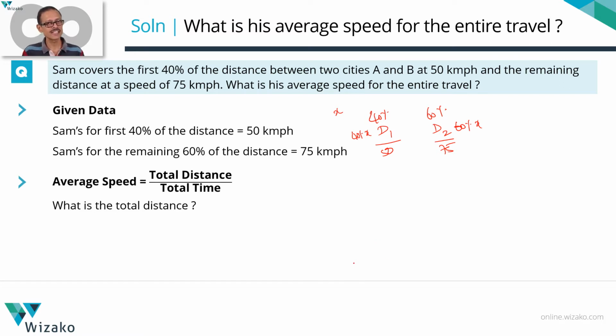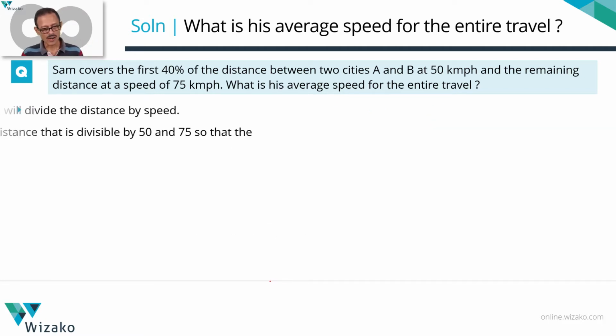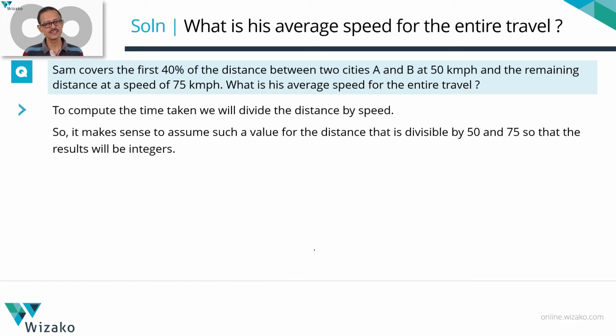I'm going to take it in a slightly different way, and I'll recommend that you go about it that way. We're going to assume values for d1 and d2. Pick some numbers for the distance traveled in the first part and the second part. What kind of number will make sense? d1 is going to be divided by 50, and d2 is going to be divided by 75. So if we pick d1 and d2 such that d1 is divisible by 50 and d2 is divisible by 75, then we'll be working with integers, because if it's divisible by 50, this is going to be an integer, and if it's divisible by 75, this is going to be an integer.